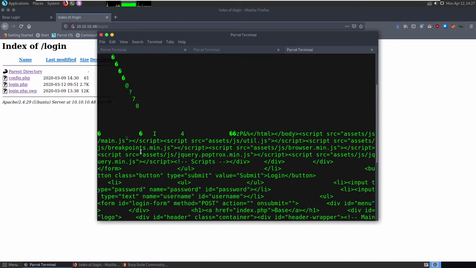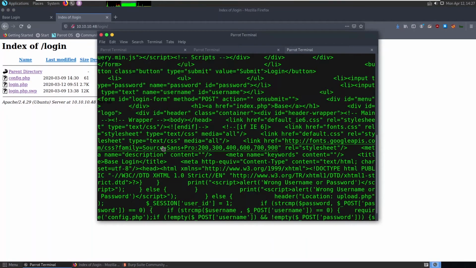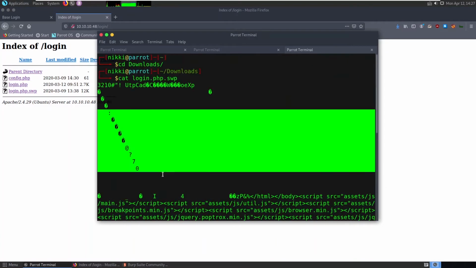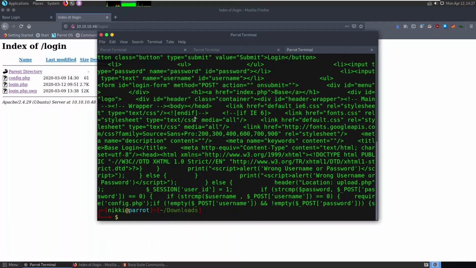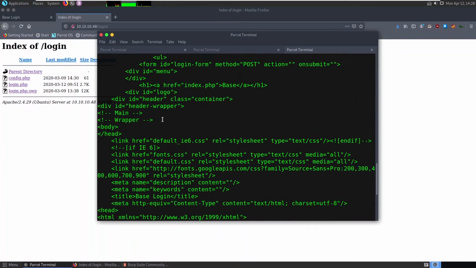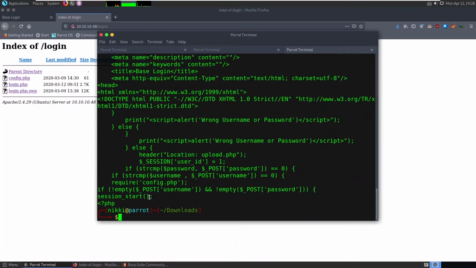Okay, you can see we have so many random characters going on. Now to extract only the strings, you can say strings login.php.swp. Now you will get some neat strings.